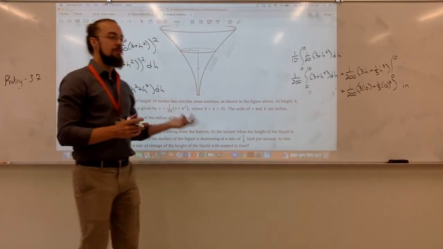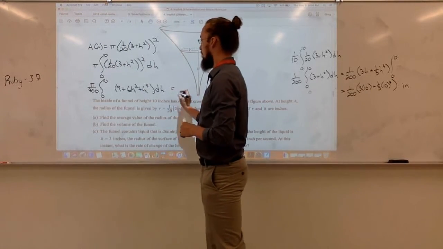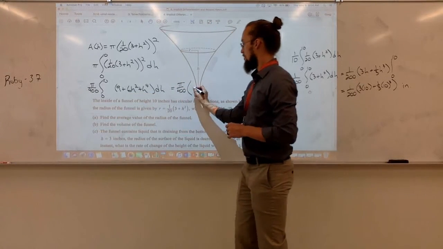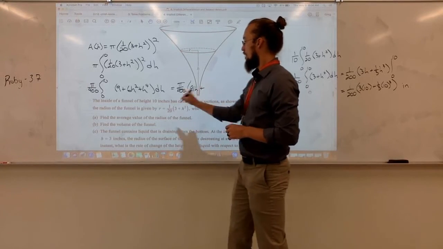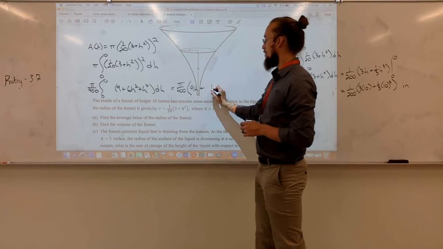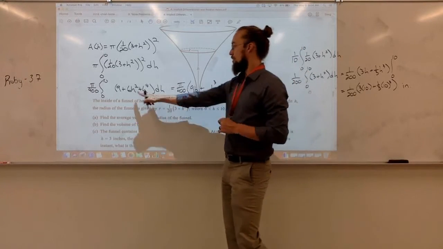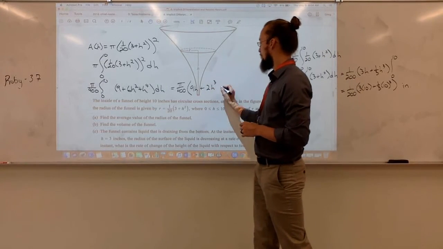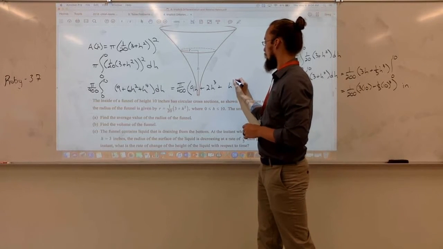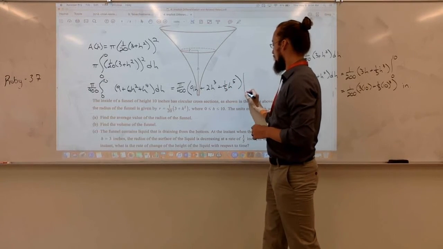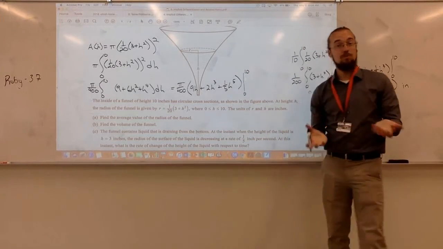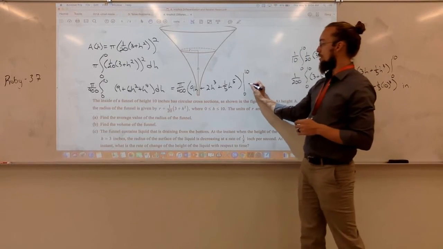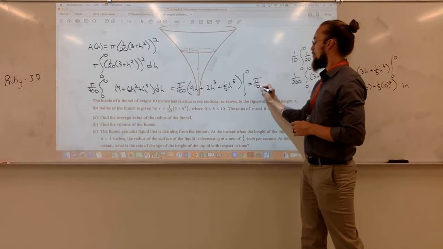And I'm just taking the antiderivative of each of these pieces. So we'll have pi over 400 times the antiderivative of 9, which would be 9h. Antiderivative of 6h squared, I would add 1 to the exponent, and then take the old coefficient over the new exponent. So 6/3 would be 2h cubed. And then 1/5 h to the 5th, evaluating that from 0 to 10. If we plug in 0, all of this would just be equal to 0. So all I have to worry about is plugging in 10. So pi over 400